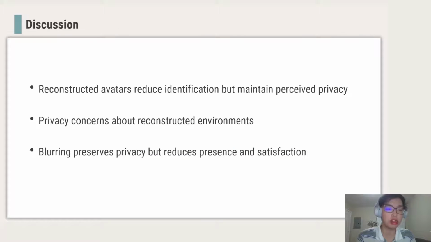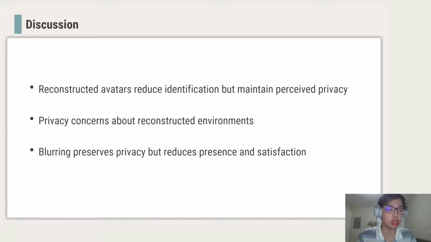We also found 3 other interesting findings. Due to the time constraints, I will only describe them a little bit here, but you can find more details in our paper. The first one is that we already know people have less identification with their avatars, but we also found that they still feel connected to their avatars and view those avatars as part of them. So that's why they still feel less comfortable sharing with someone they don't know. In other words, they still have privacy concerns about their avatars.